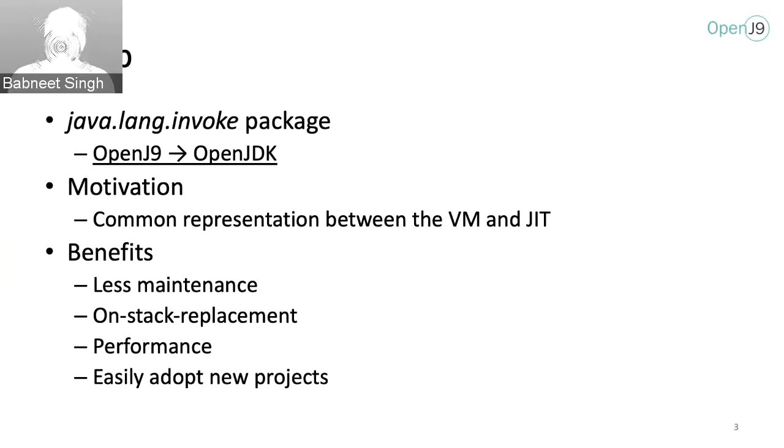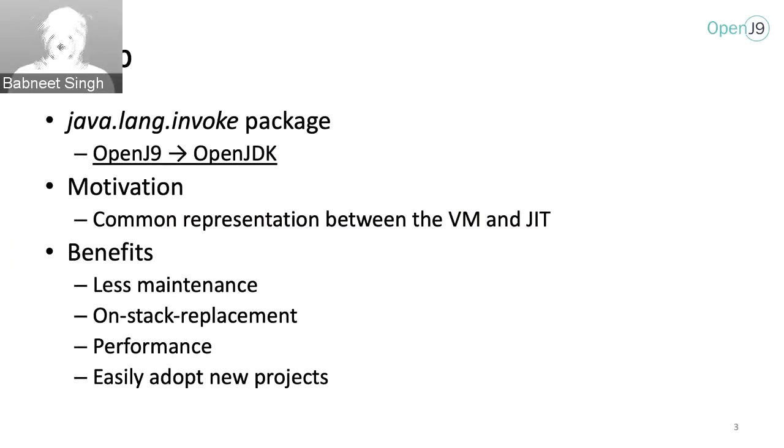Also, new JIT support is not needed whenever a new method handle is introduced due to the common representation. Furthermore, we can take advantage of JIT optimization such as on-stack replacement, which was not possible with the OpenJ9 implementation. So this gives us an opportunity to achieve better throughput performance.